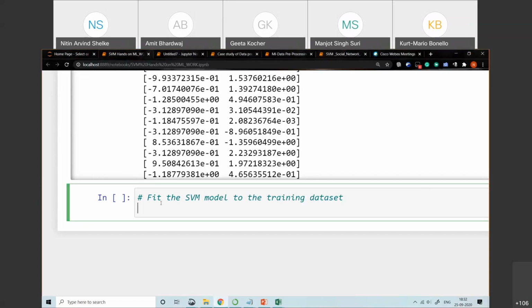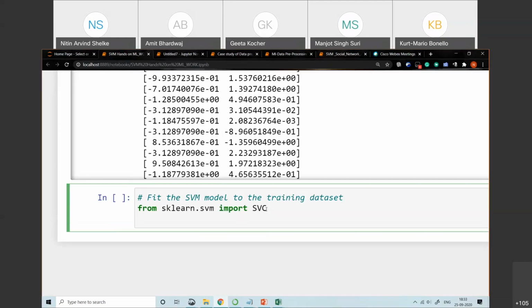Now, next task is to feed the SVM model onto the training data set, and for that we need to import the SVC class, which is present in sklearn.svm. So from sklearn.svm, we import the SVC class. Okay, the SVC class I'm going to import to create the classifier. Okay, SVM classifier. We need the SVC class. So let's create the object of this SVC class. So SVC in brackets, and directly you can create the classifier. I can say the SVM model.